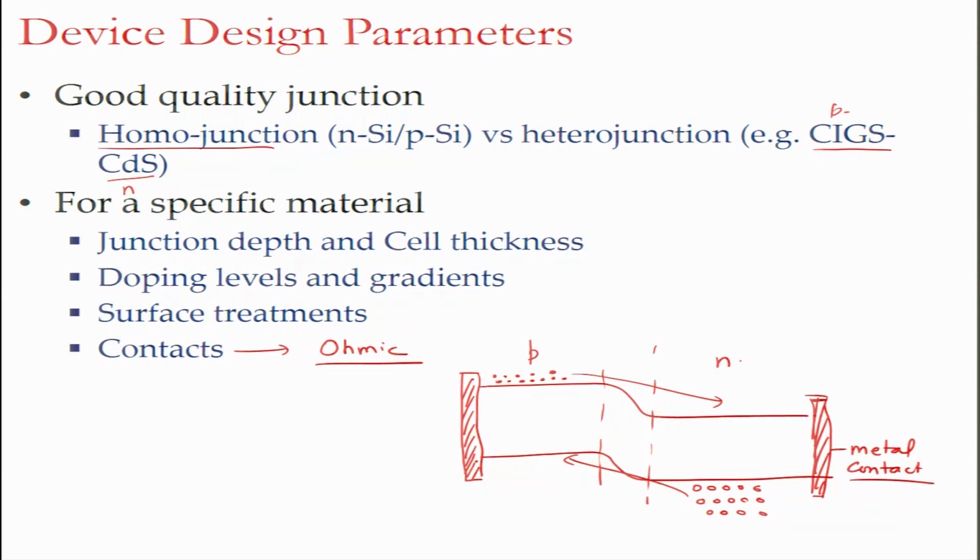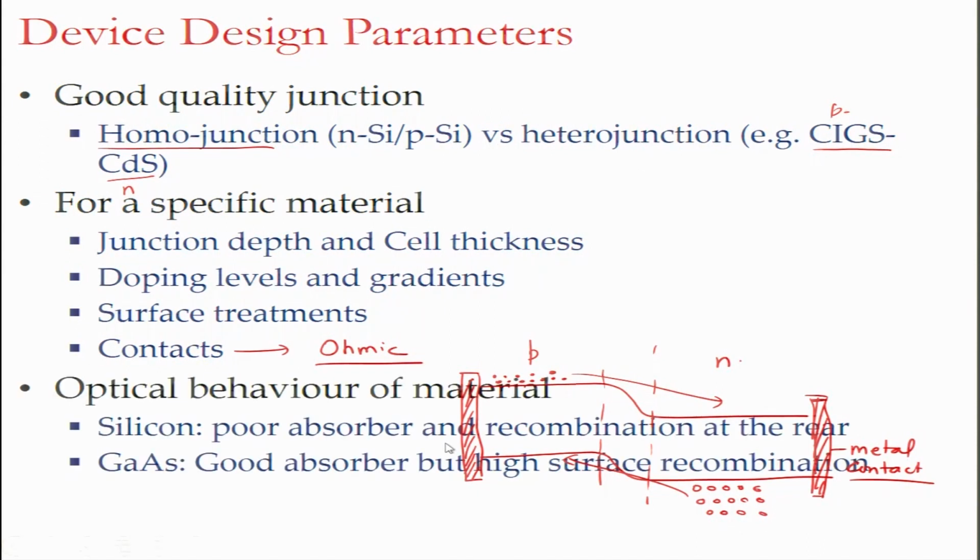cell, and that is why for a different material you will have different contact. You cannot use the same aluminum or same gold or same silver for every solar cell, it will vary depending upon the type of material. Okay. And that is why the choice of this material is extremely important.